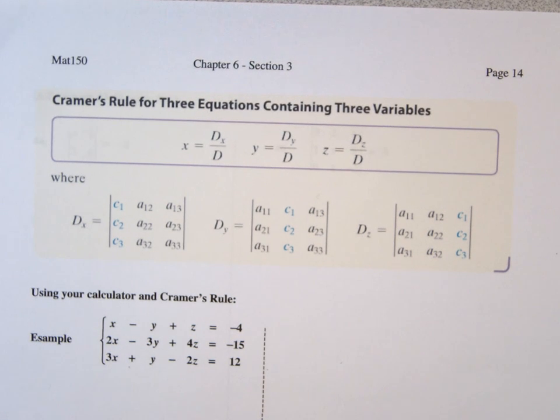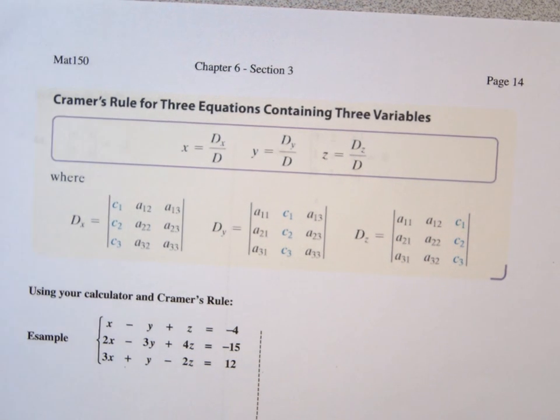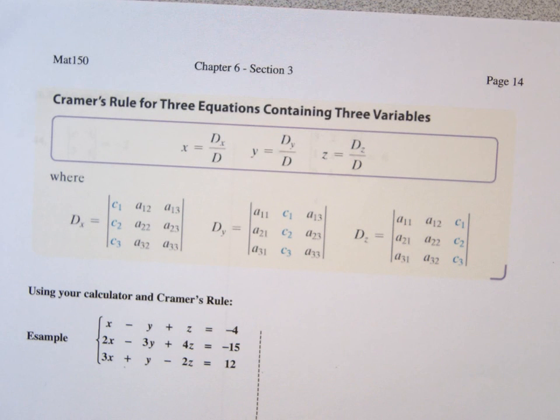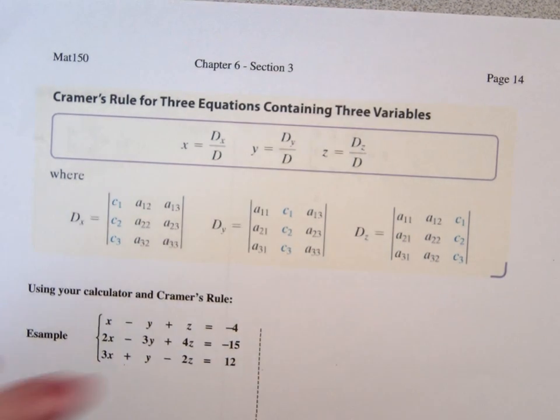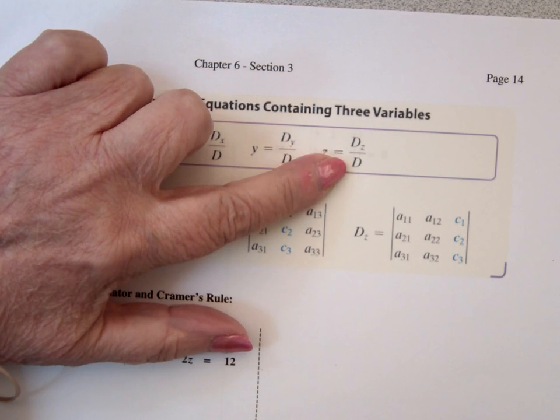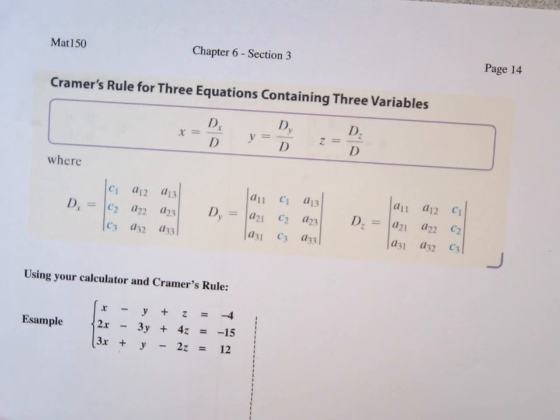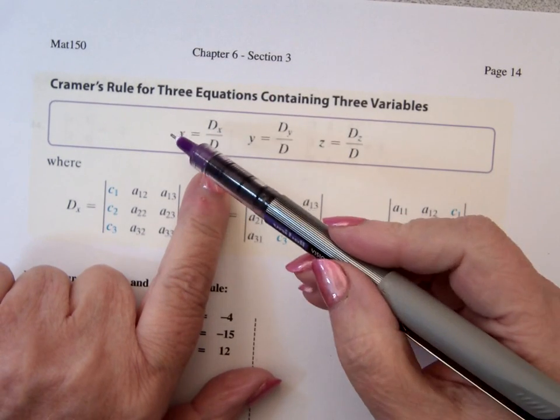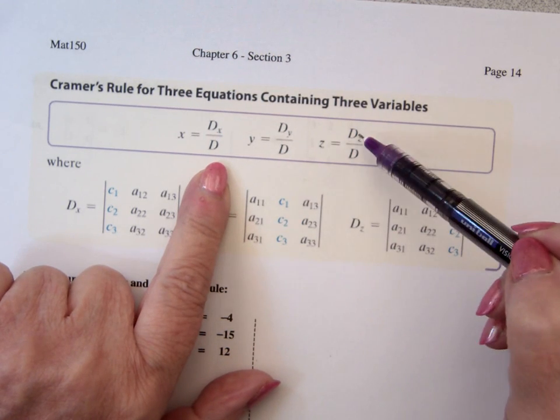When you've got all these components, you've got to figure out what size each component has to be. At which point it doesn't matter if I add another one, it would still be the same. So if there was an x, y, z, w, w would be D sub w over D. So it operates just like the 2 by 2. X is D sub x over D, y is D sub y over D, z is D sub z over D,